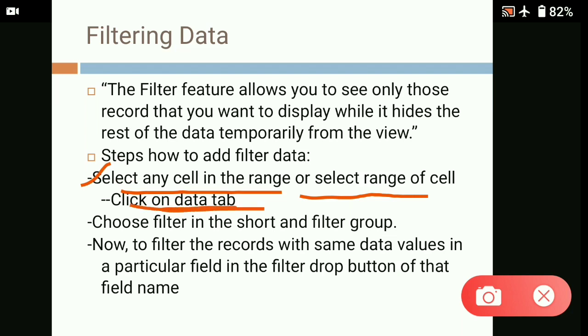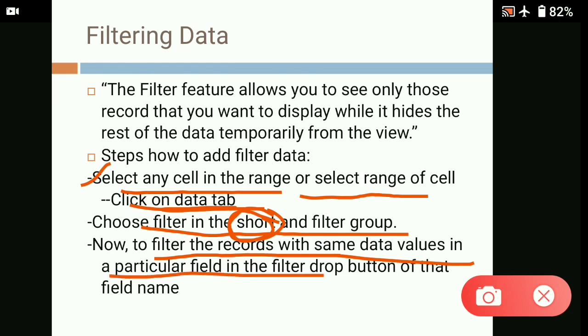After clicking on the data tab, you have to choose the filter in the sort and filter group, as you already saw in sorting data. Then you can filter the records with the same data values in a particular field using the filter drop-down button of that field name.